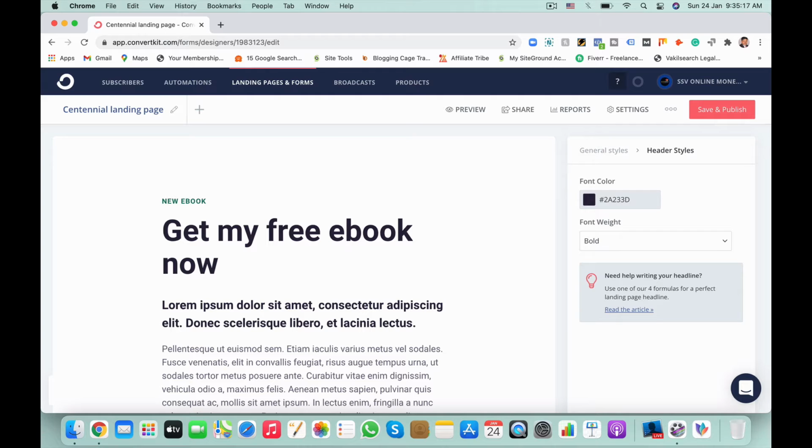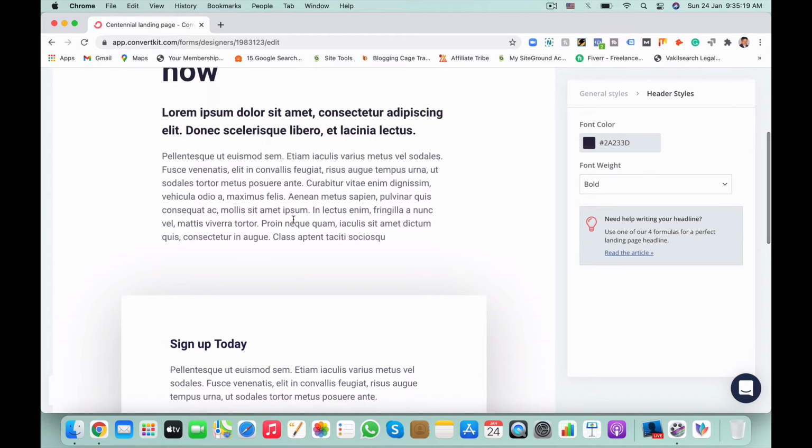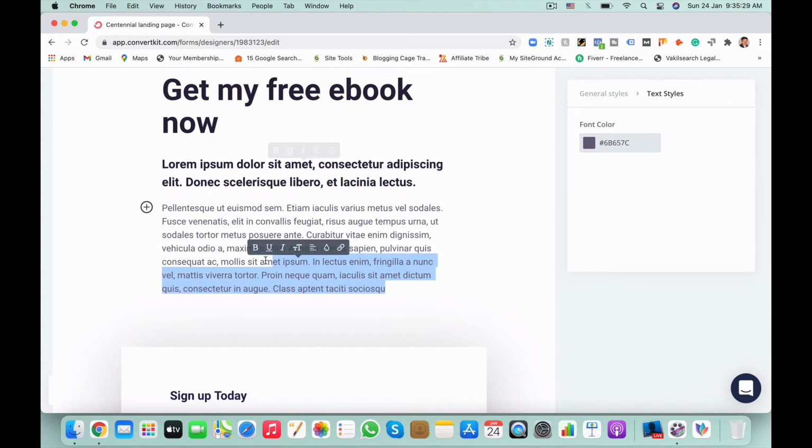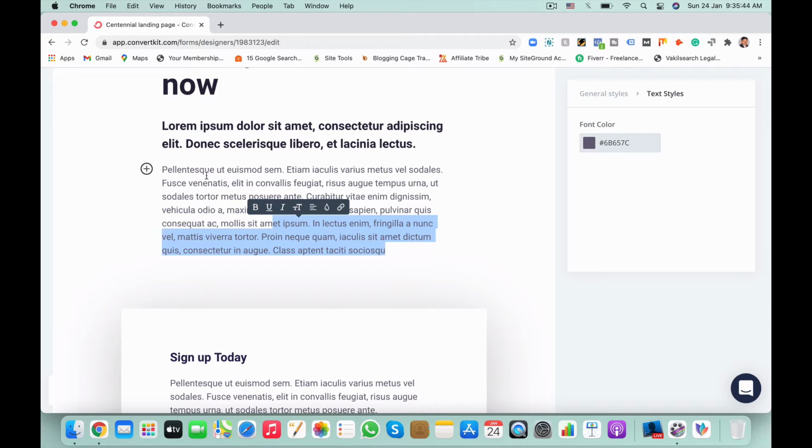Here you have to fill in the content about the lead magnet. For example, a step by step guide, a 5 steps guide for affiliate marketing in 2021. You need to fill the content based on your type of landing page and your business requirement.